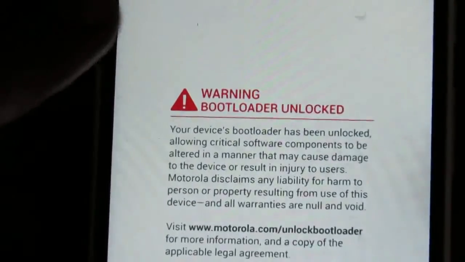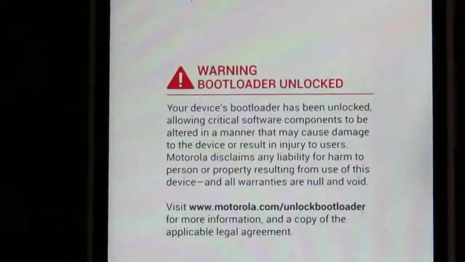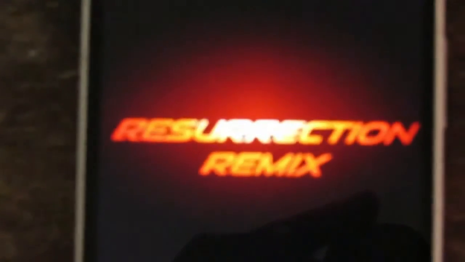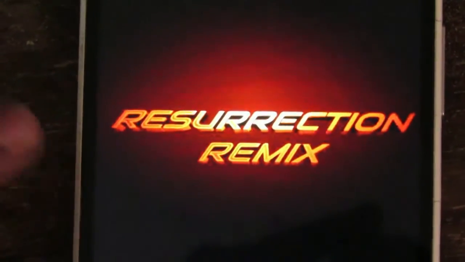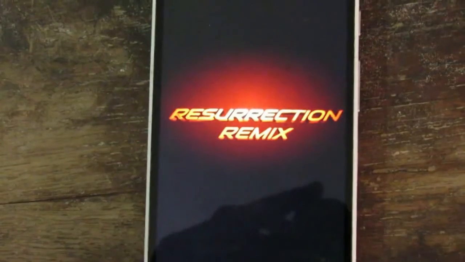Don't worry if you see this warning, it's common. This is the new boot animation of your current ROM that you have flashed. And also don't worry if it takes more time to reboot.